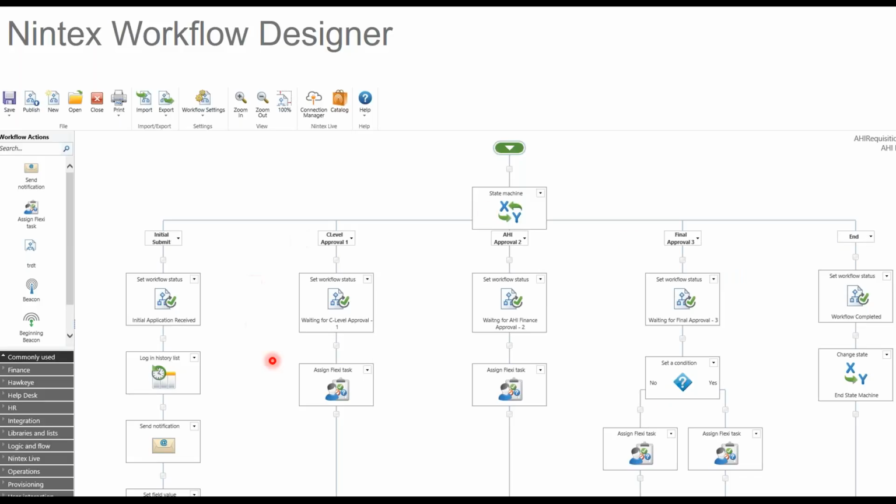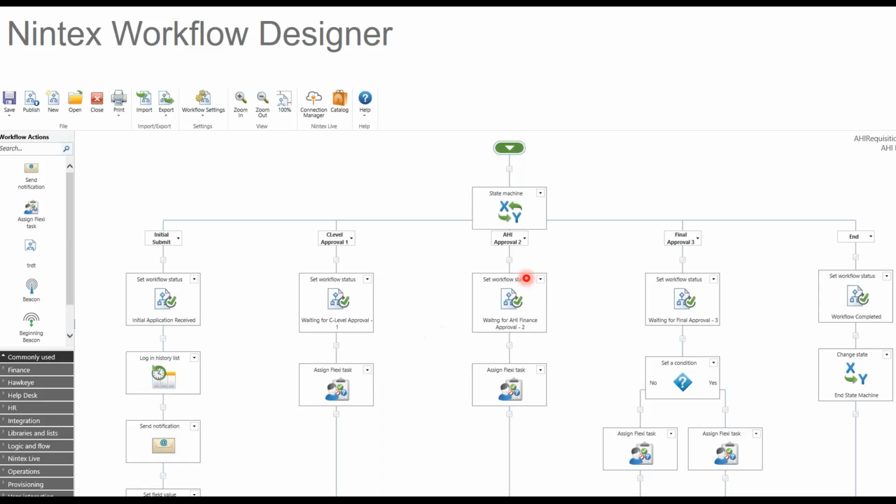What's unique about this, and this is kind of unique to the Nintex product, is having this state machine that can jump from branch to branch. It simplifies the very complex workflows that have multi-level approvals. I don't even consider this one to be super complex, because we're jumping from branch to branch, but essentially we go down a branch and then in that branch we tell it where we want to jump to next. So if we jump to C-level approval, that's fine.